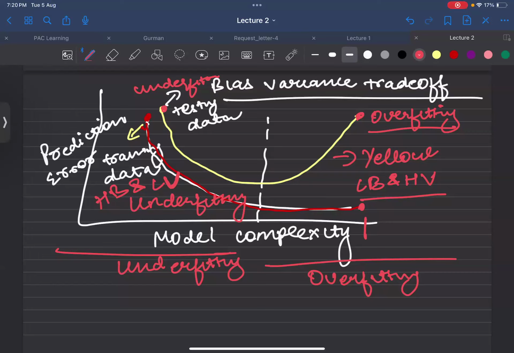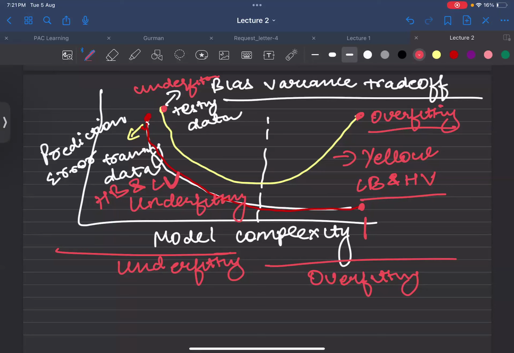Ma'am, one thing I wanted to ask: above the test data, where you have labeled test data, you have written underfitting. Is it for the whole testing data, like you are saying that the starting point of test data is underfit? I'm saying yes, the starting points, or the points on the left side, are underfitting and the points on the right side are overfitting. Okay.